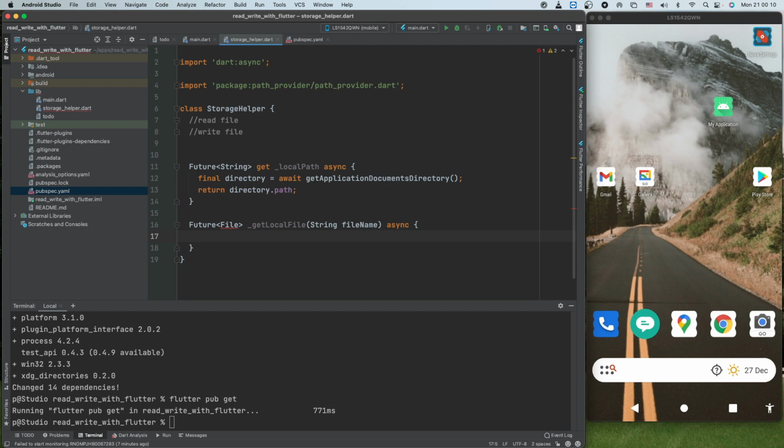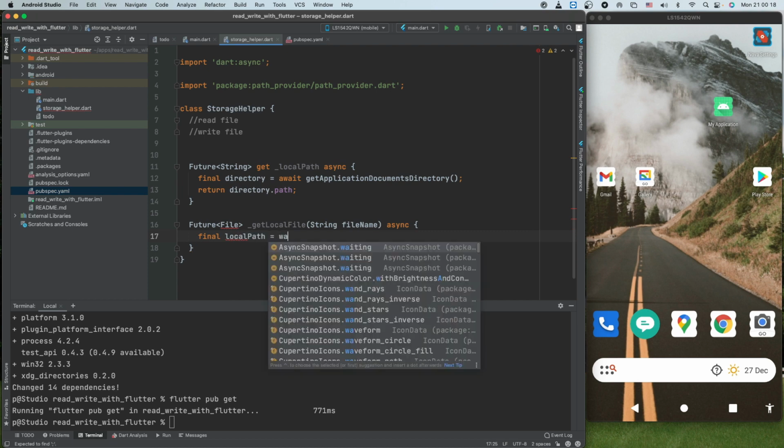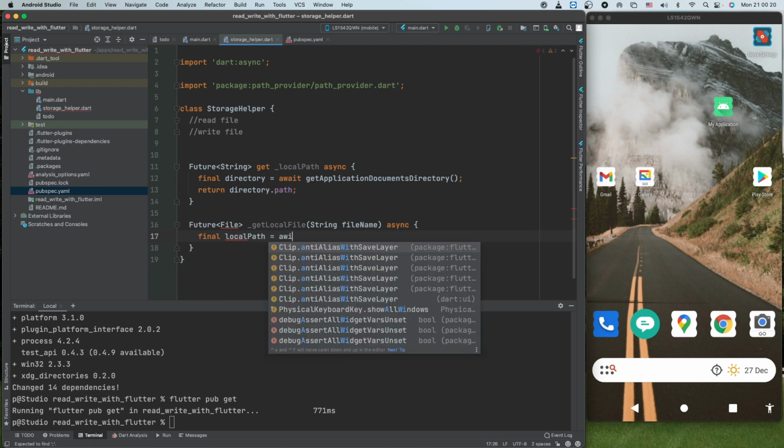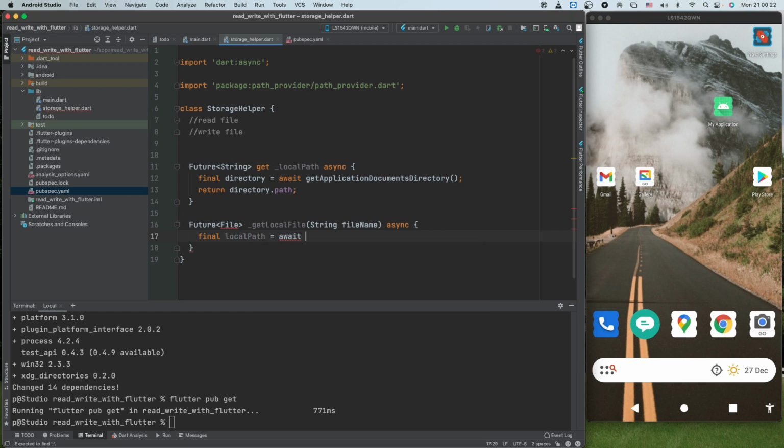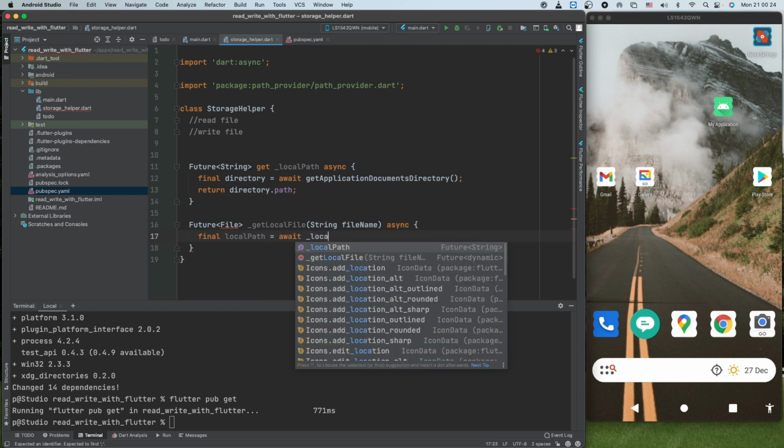And now we can get the path, the local path from our previous method, say local path.